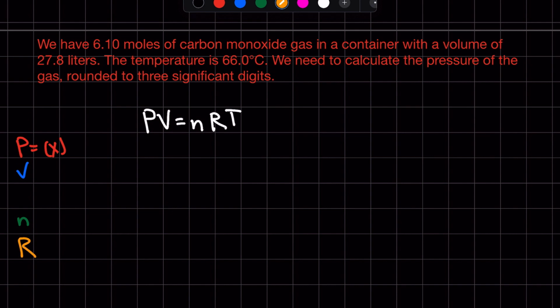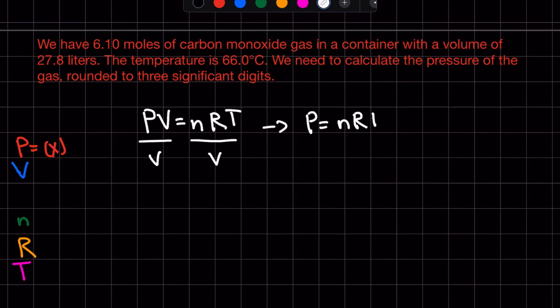And then R, that's just the ideal gas constant. I'll explain that later, but it's always going to be the same number. And then T is just the temperature. And remember, we can't use Celsius, so we're going to have to convert that to Kelvin. So let's go ahead and rearrange this. The problem is asking us for the pressure of the gas. We have everything else, we just don't know the pressure. So we have PV equals nRT, and we can divide each side by V, and that's going to give us P is equal to